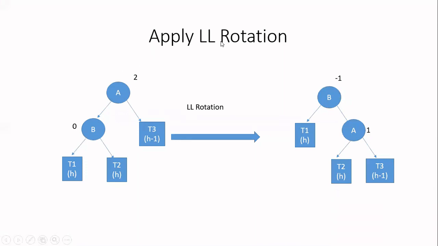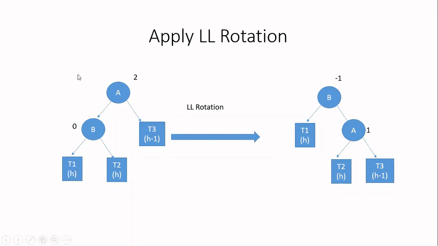In insertion of an AVL tree, we have seen LL rotation. If the rotation is LL, both the letters are the same. So you are going to apply a single rotation in the opposite direction. L is the anti-clockwise direction. Therefore, you have to apply a single rotation in the clockwise direction. Then, about which node are you going to apply it? In LL rotation, we have seen that about the top node, you have to apply the rotation.